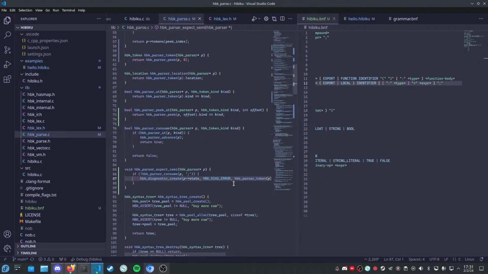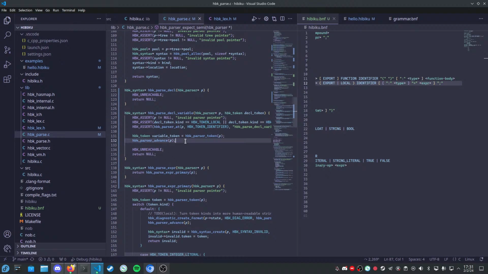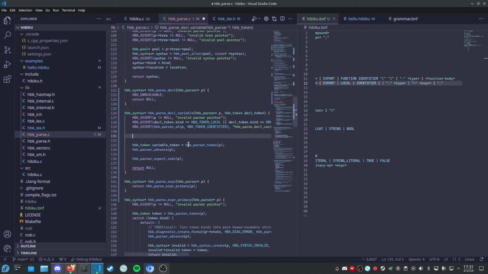Okay. There we go. So now we can expect semicolons and get a consistent error message. So at the very end, HBK expect semi. Cool. So what I want to do here is we know we're at a variable declaration, so